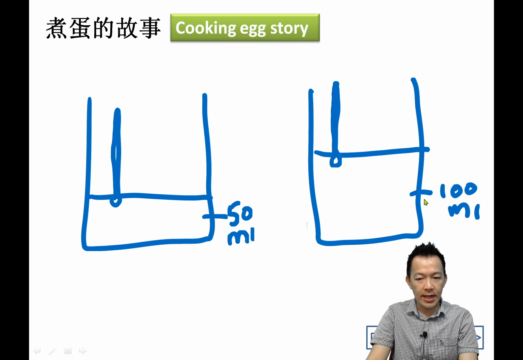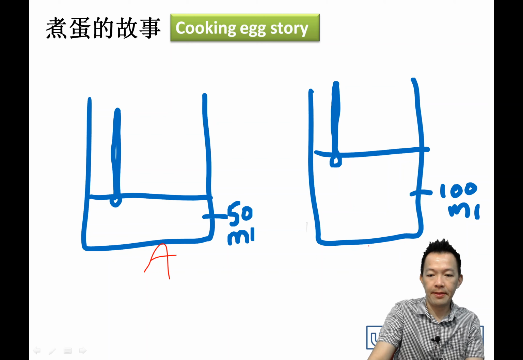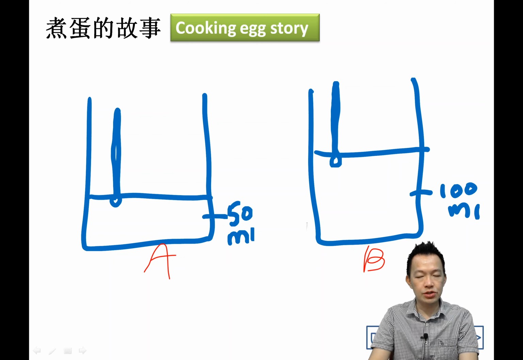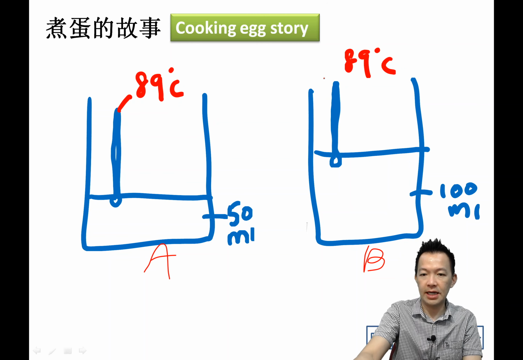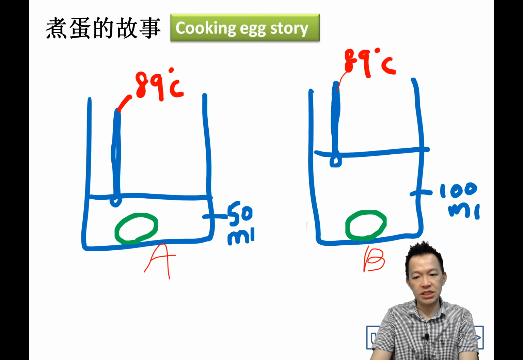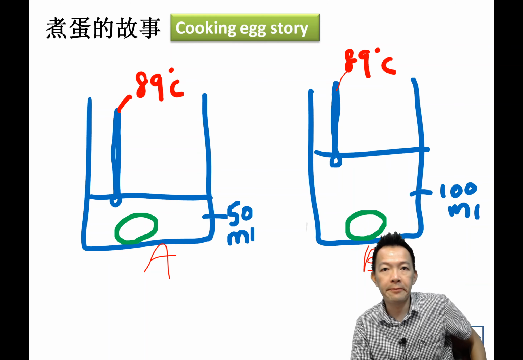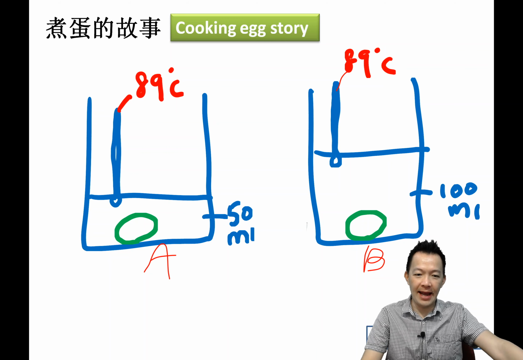Okay, so with an idea like this,用现在的 idea,我们可以解决很多问题了。煮蛋的故事,现在你告诉我答案。So two beakers, 50 and 80, 100 ml,对不对？现在有两个 beaker A、B,一个水少,一个水比较多,对不对？Beaker A contains a temperature of 89, beaker B is also 89. And now I put the egg inside,把蛋放进里面。So which of the eggs is going to cook first? 哪一粒蛋先熟呢？蛋 A 啊,B 啊,C 啊？